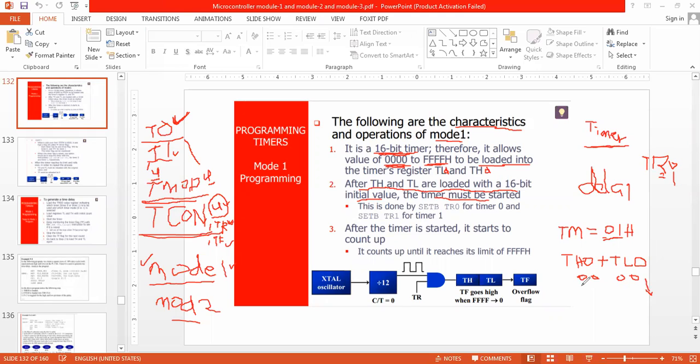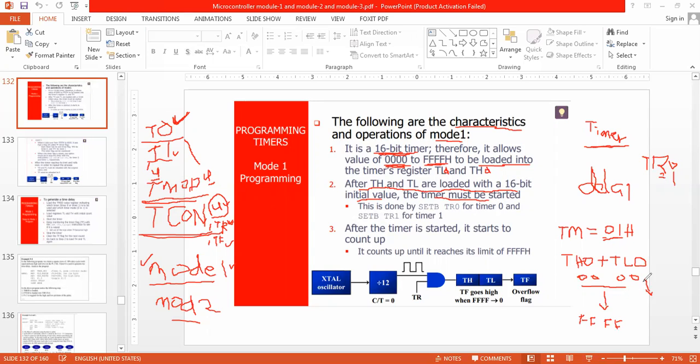So the value from 0000 will start incrementing by 1 for every machine cycle. Up to what is the maximum point? It is FFFF.